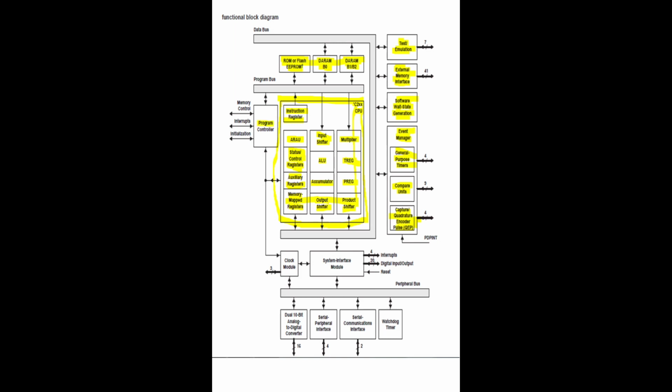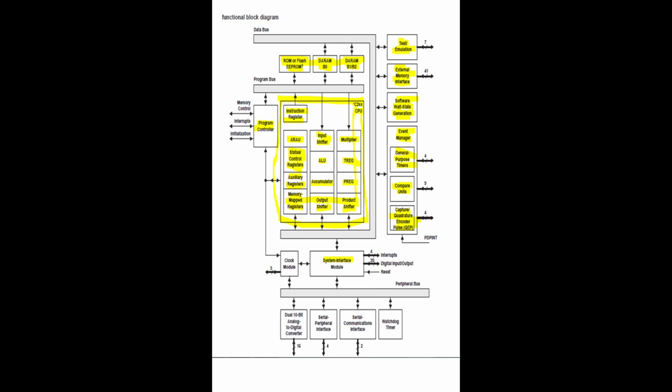Then you know about a program controller. Program controller will control what line has to come, whether it has to jump to some other address or whether it has to come to the subsequent address. All those things can be controlled with the program controller. Then